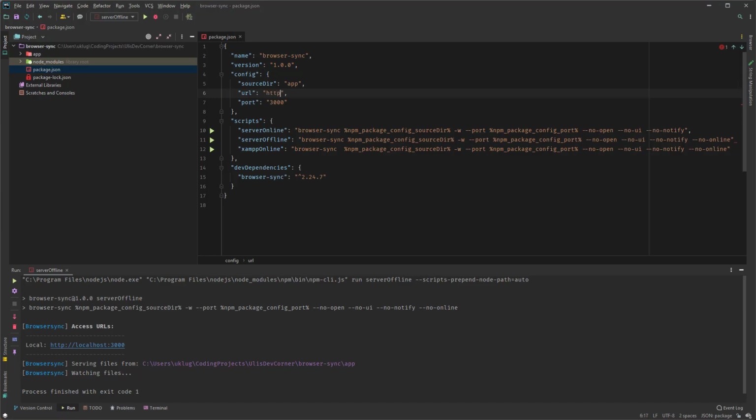And here, for example, http://, and then some page. Usually I use local, and then we add it here with %npm_package_config_url%. So that should be working,